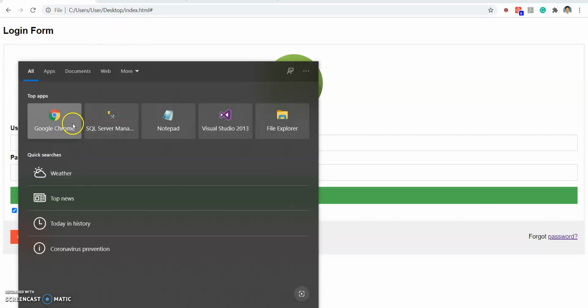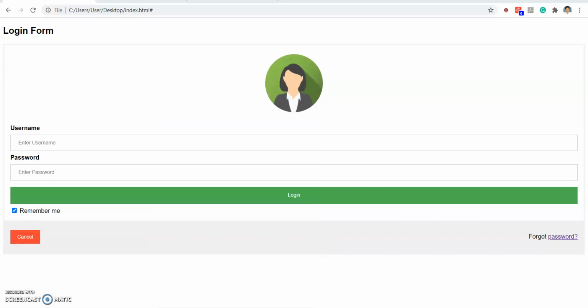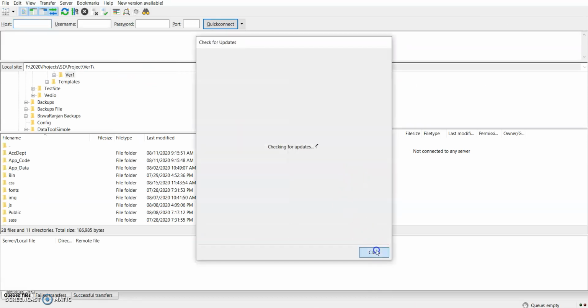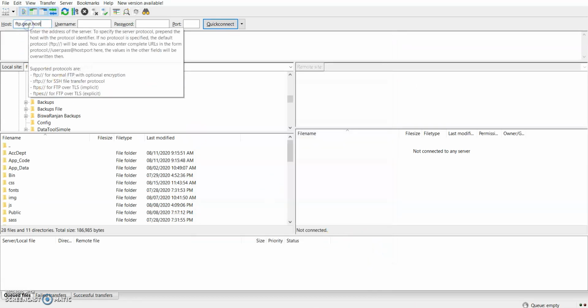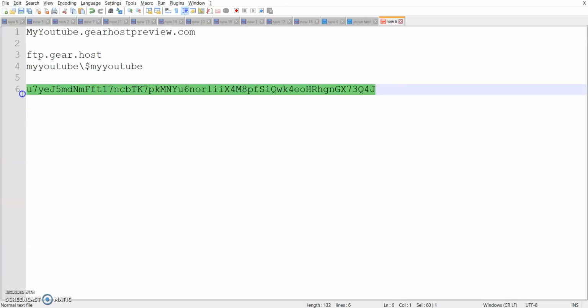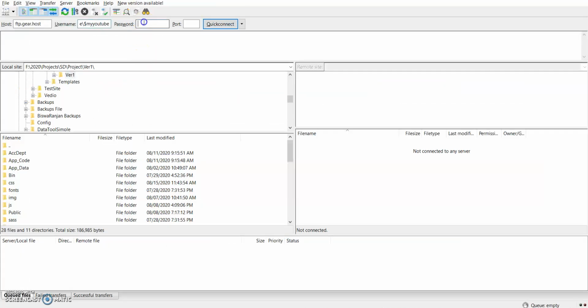In FileZilla, this is my host name, my username, and this is my password. Quite a long password, guys. Connect.